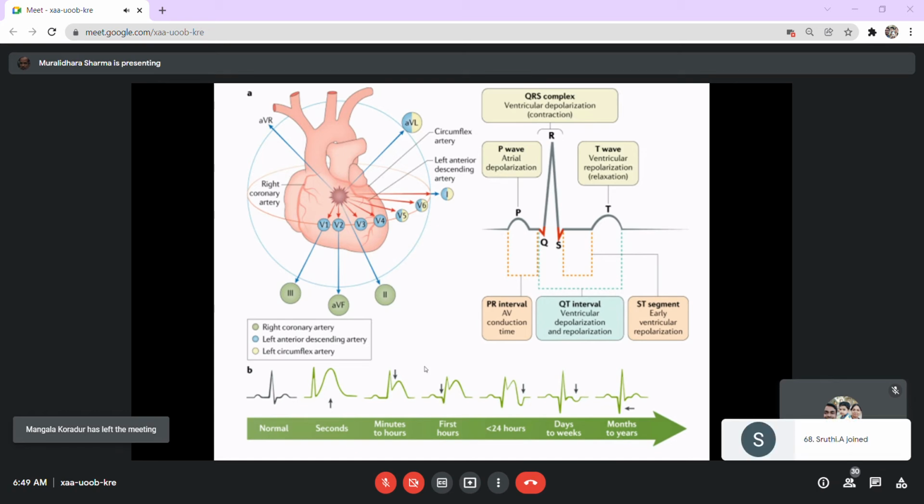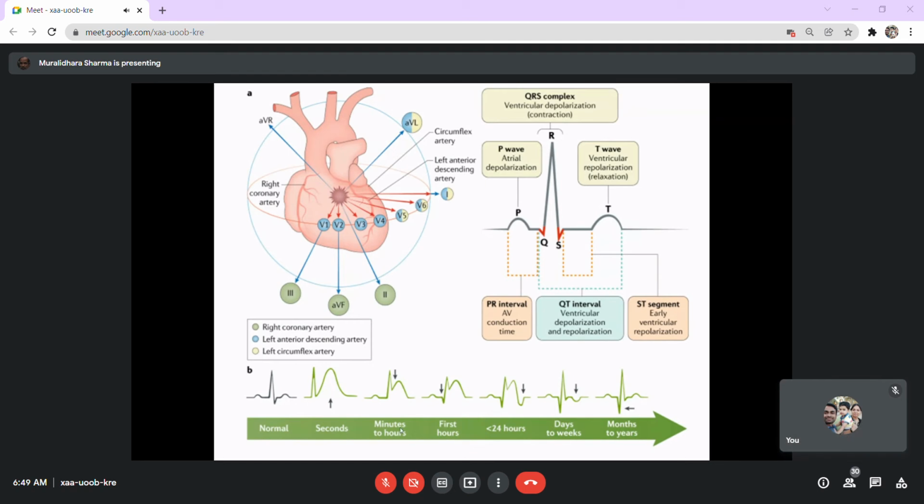This is exactly the same phenomenon that we discussed in the previous slide, but I have given this in terms of hours or time duration. After a few hours of ischemia, you will have this current of injury. It becomes quite prominent by about 24 hours when the tissue becomes totally dead, and this results in a notch formation, with the ST segment totally elevated or depressed depending upon the area seen. The T wave tends to become inverted.